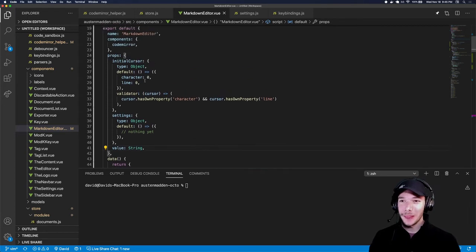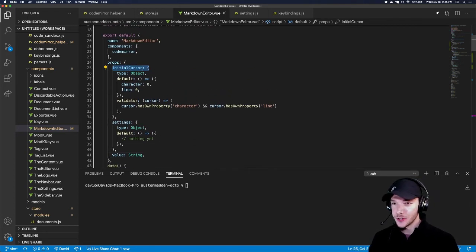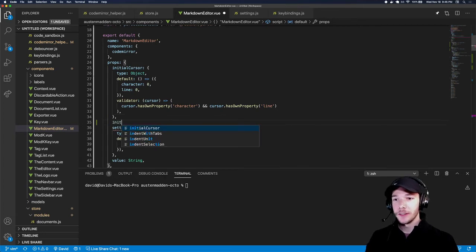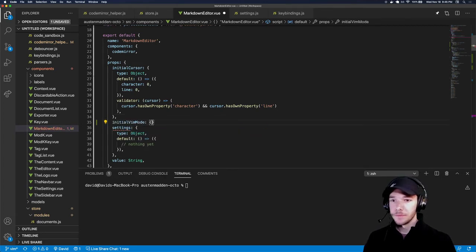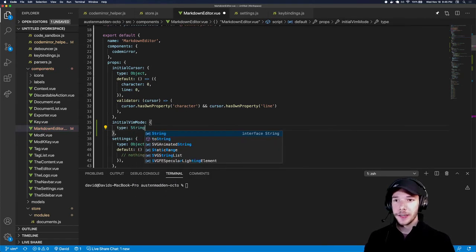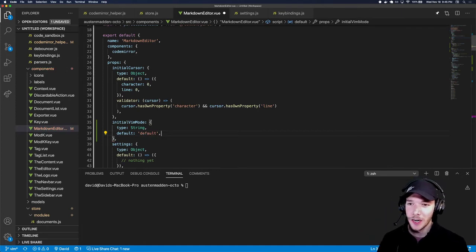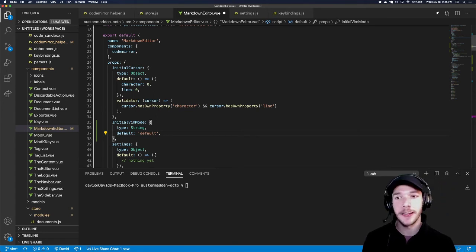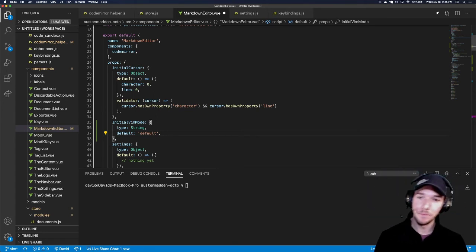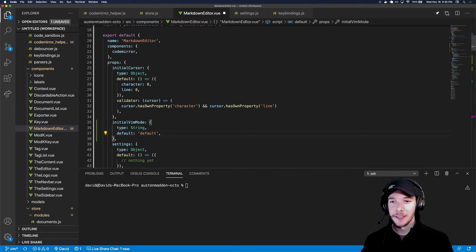All right, cool. Well, let's see. So this is that prop, right? Initial cursor. And so we'll have the same thing. It's going to be initial Vim mode. And it's going to be type string. Default is going to be default, right? That's the default value. Again, we might pull those out into constants later and pull them into a CodeMirror constants file or something, but the first step is functionality, and then the cleanliness of the code can wait. So initial Vim mode, default,